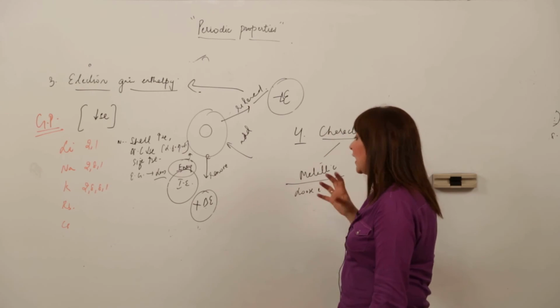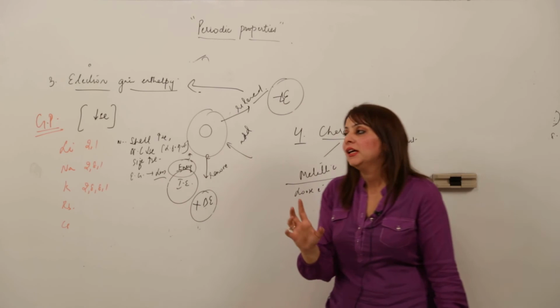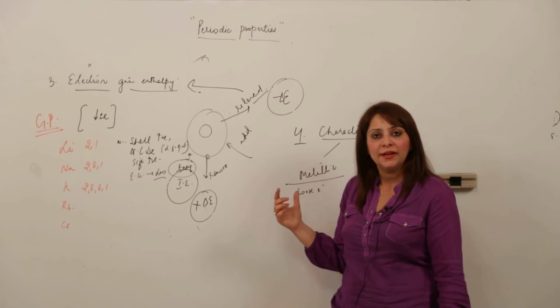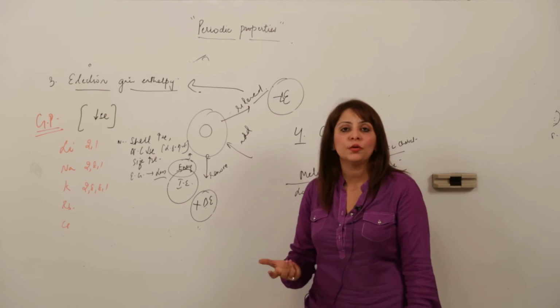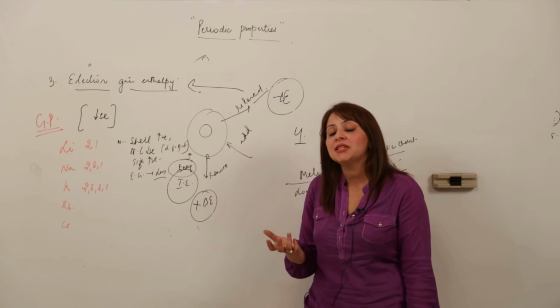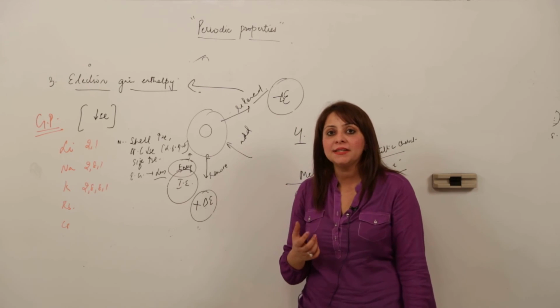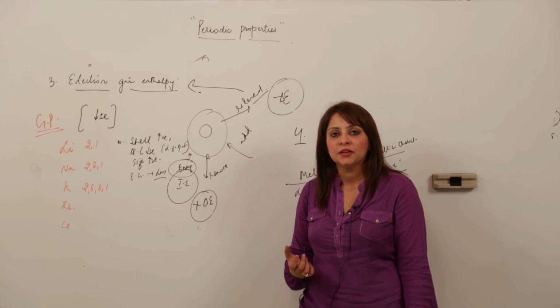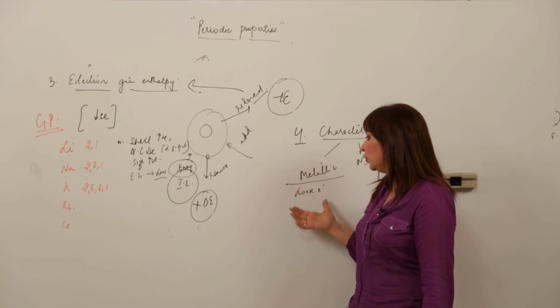So as the size increases, what happens as we move down? See, you have to keep in mind that the metals always lose electron, right? And the one who loses easily is more metallic. So that means the one who will lose easily is going to have less ionization energy because the size must be increasing. So that means as we are moving down the group in the metallic group,